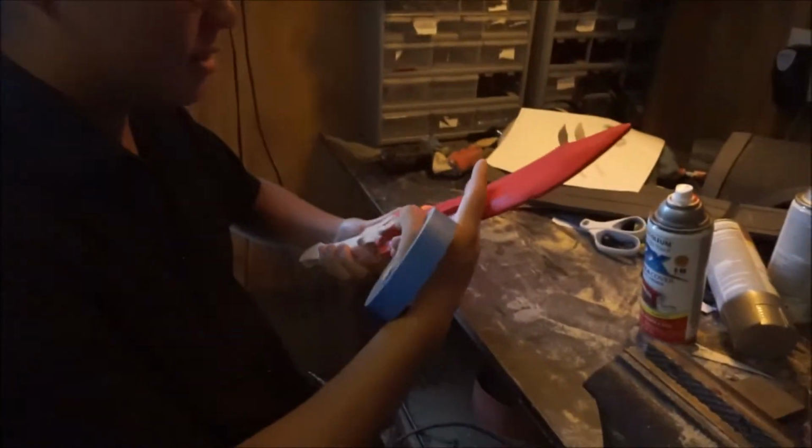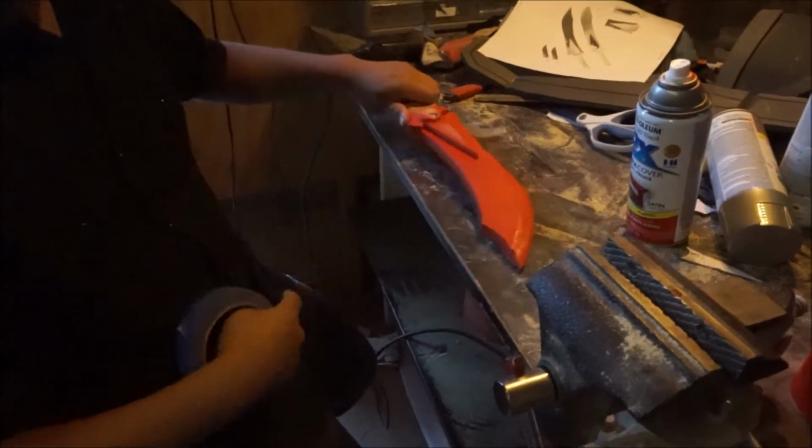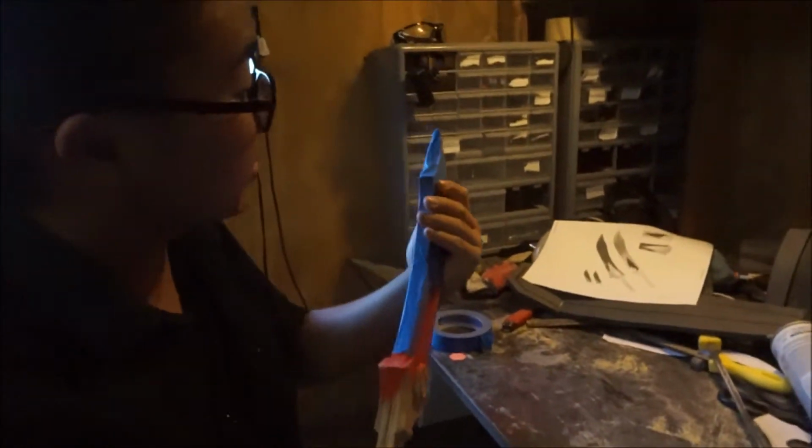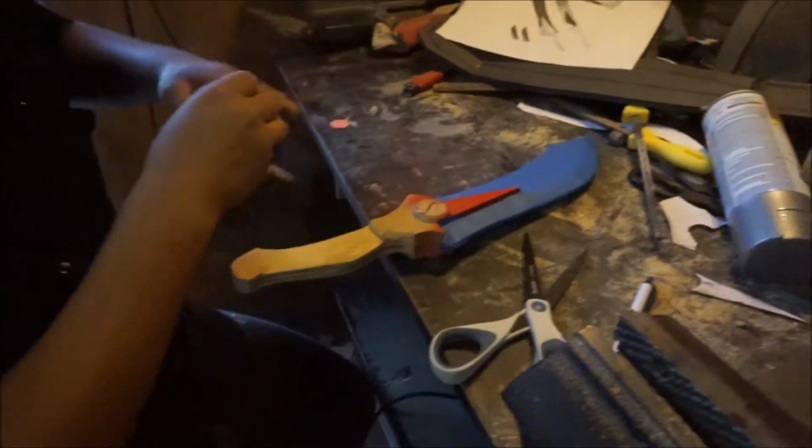After you have painted this whole thing with red, and it's dry, or at least slightly dry, we're going to cover up the whole entire blade with painter's tape. Alright, so once you've gotten every little part of red on the blade covered up, what we're going to do